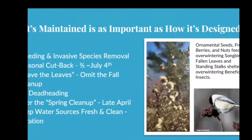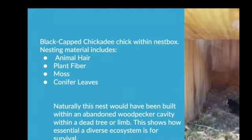There you go, perfect. Okay, so I just want to show, this is a nest box, an artificial nest box. The reason this bird is in an artificial nest box is because there are simply no dead trees in the environment. So that's another big thing where, especially in the suburbs, we see a dead tree and we would just want to get rid of it. Not traditionally, but historically,